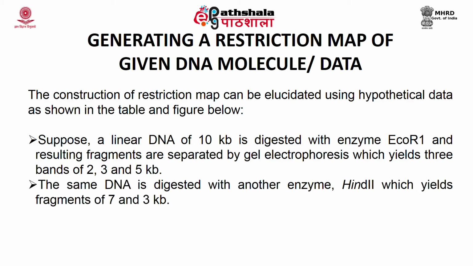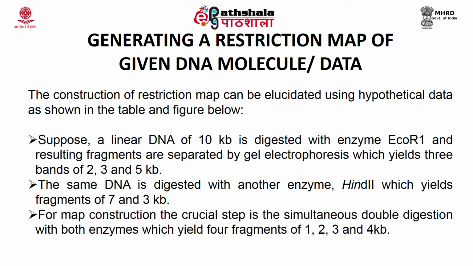The same DNA is digested with another enzyme, HindII, which yields fragments of 7 and 3 kb. For map construction, the crucial step is the simultaneous double digestion with both enzymes, which yields 4 fragments of 1, 2,